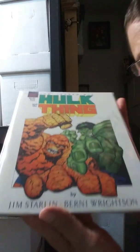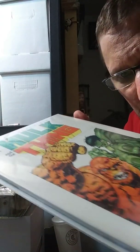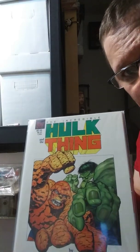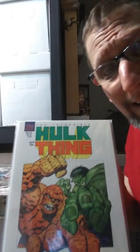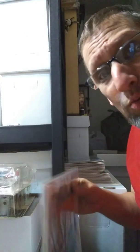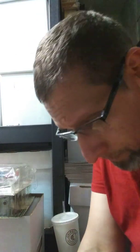And look at this beautiful, I think it was only opened to show the cover. I mean, can you imagine getting this book? This was $5.95 American back in the day. Probably got it for like $1.75. Like I said, I think I paid $12 for this entire set. Then, of course, we have